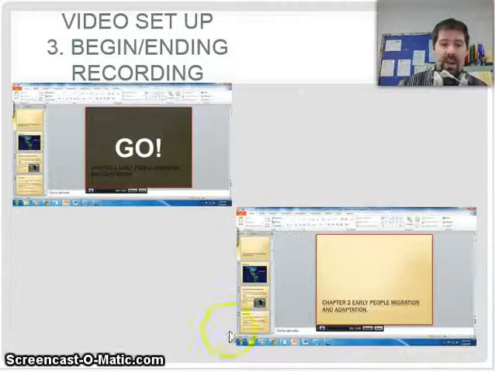So that would be like, for example, if I wanted to pause it, it would sound like that. And again, it will give you that 3, 2, 1, go countdown after you pause. So don't think that you just have to hit the ground running right when you're done with the pause. When you are finished, you hit the done button, and then it will take you to another menu, which is